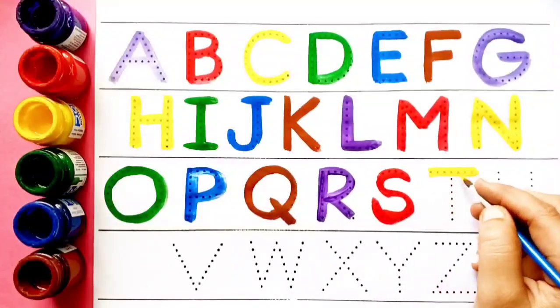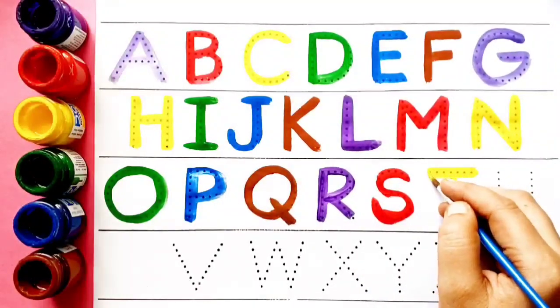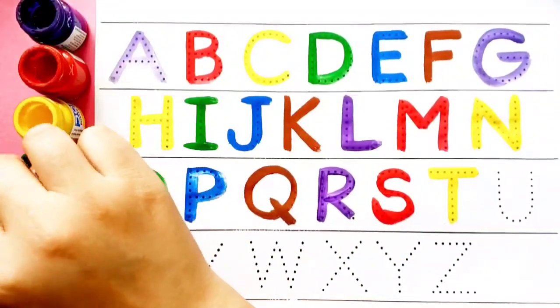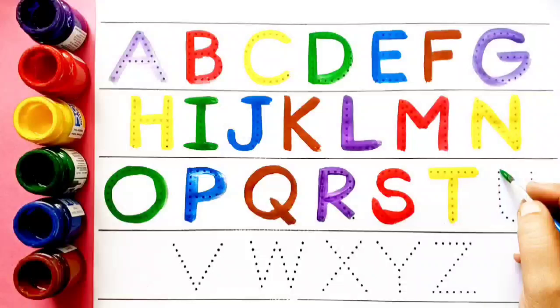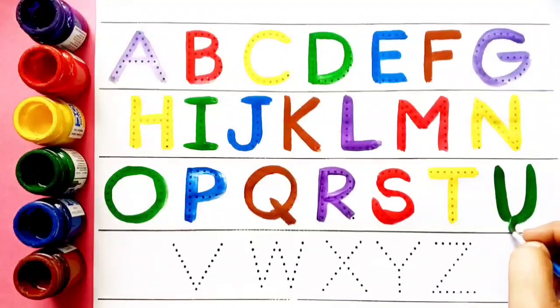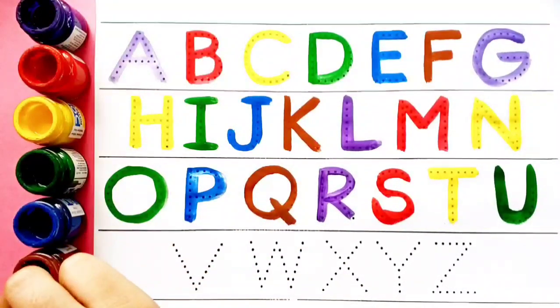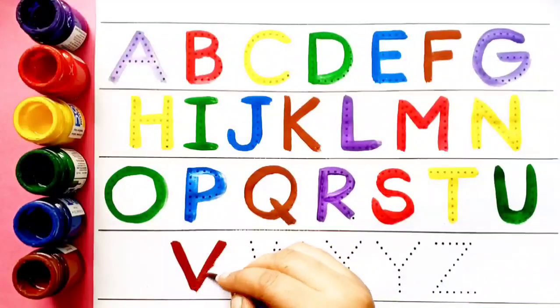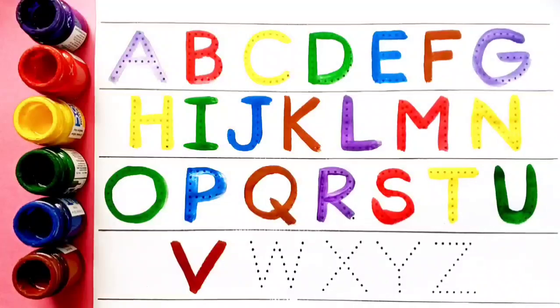Yellow color. T. T for train. Green color. U. U for umbrella. Brown color. V. V for